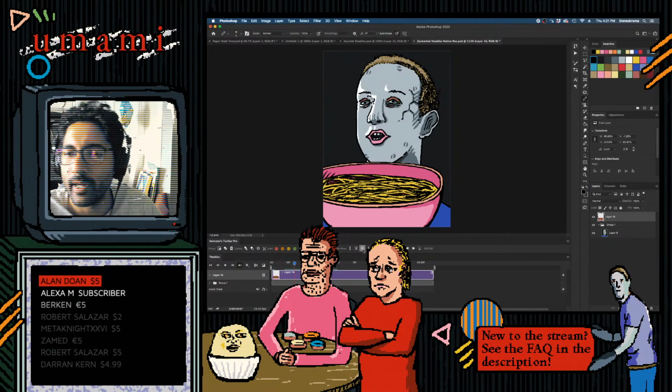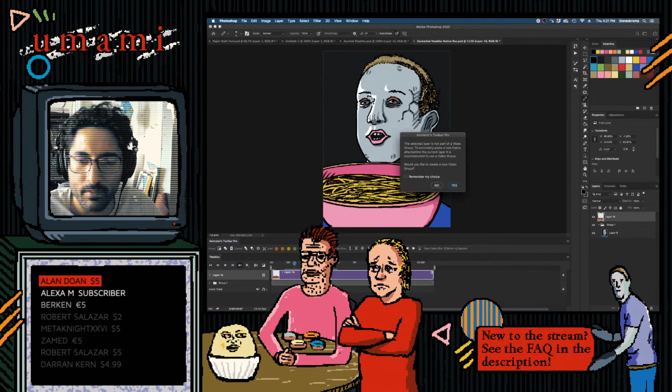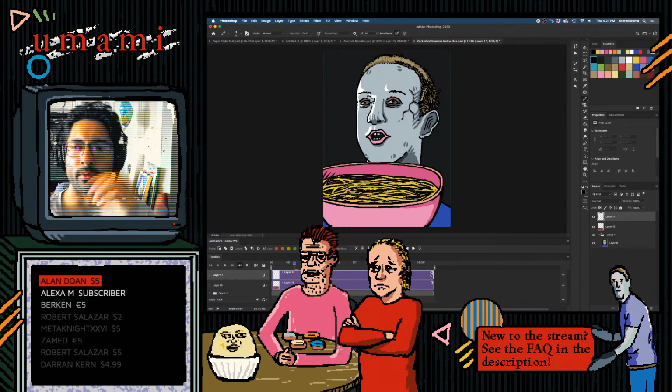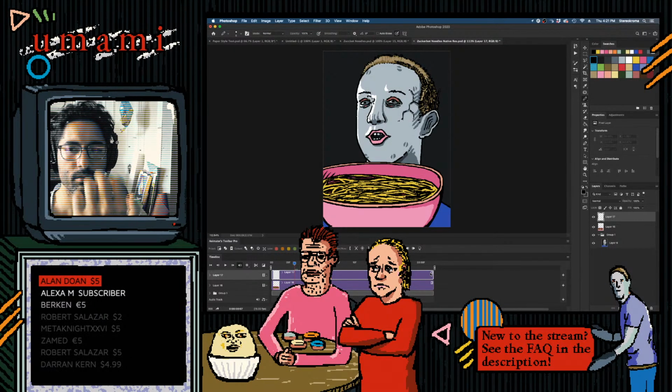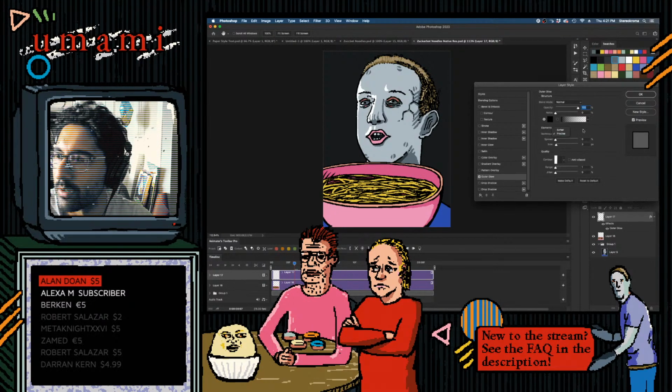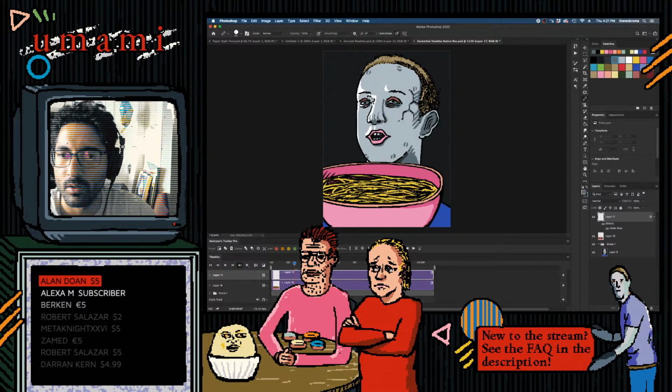So before I start animating this bowl, I'm gonna draw his hand in front of it. I think that's what I was trying to do. And so if it's his right hand, that would mean he's probably using his left hand. I mean, his thumb looks like that. Okay, so I'm gonna do this kind of trick here with the outer glow, just so I can get a start on his hand, because it's hard to draw on top of colors and stuff like this. So his thumb would probably be,